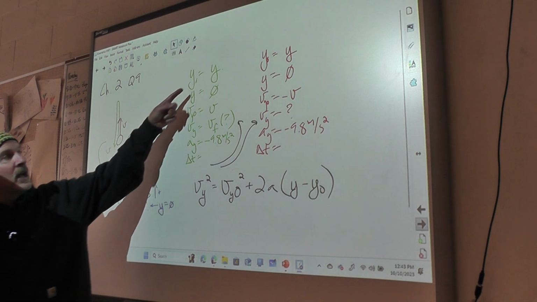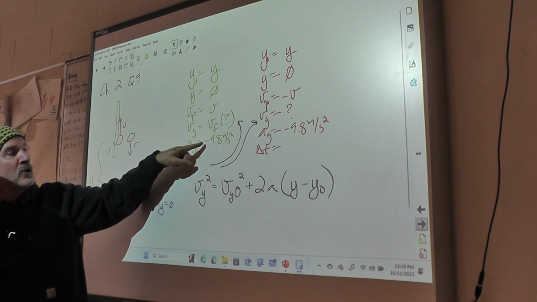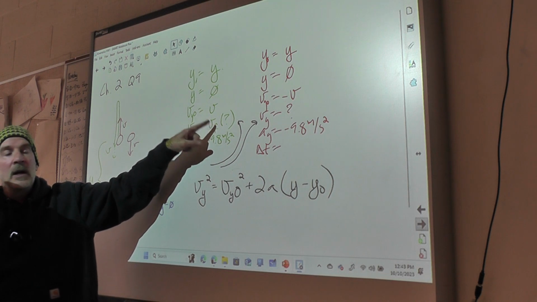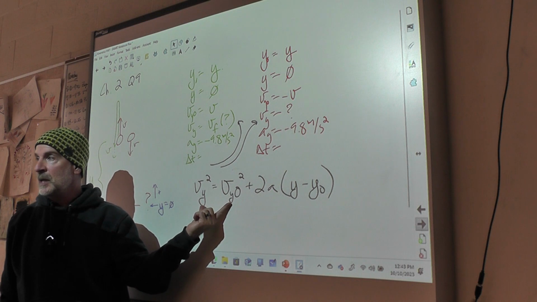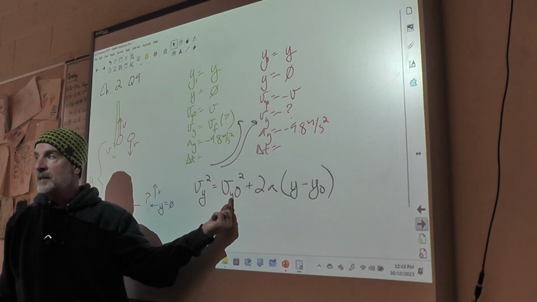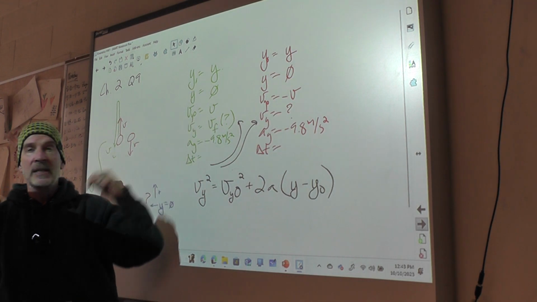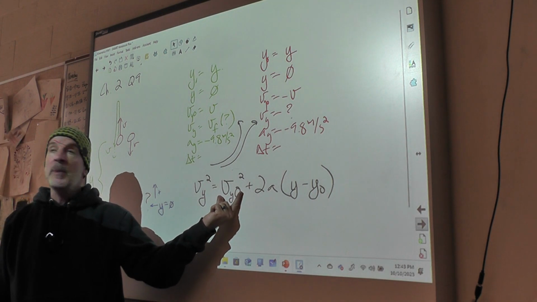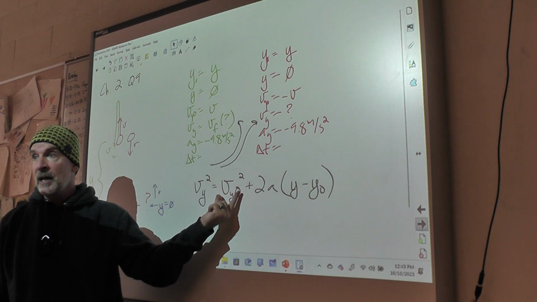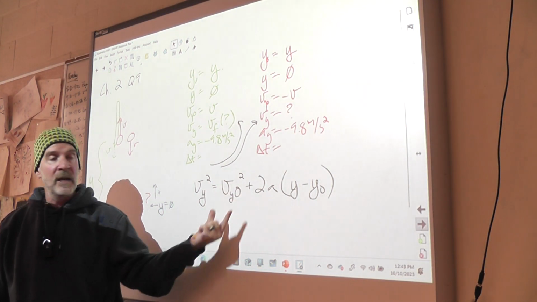And if you look at our equations, we have one that relates our 4 knowns to our unknown. And that's this equation right here. This equation has some squares in it. We're squaring the initial velocity, which means the fact that this one has a negative and this one has a positive initial velocity of the same magnitude won't matter. They will both have the same squared velocity. Negative 5 times negative 5 is the same as positive 5 times positive 5.